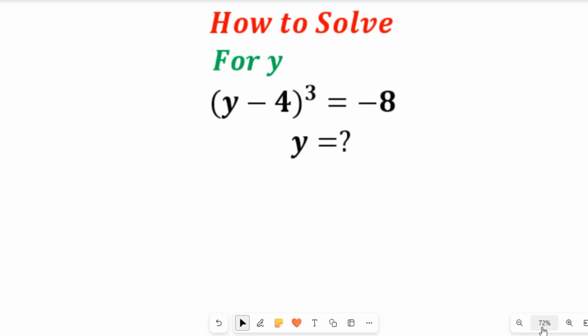Now pay attention as we will use a factorization logic, or we are going to use an algebraic formula logic